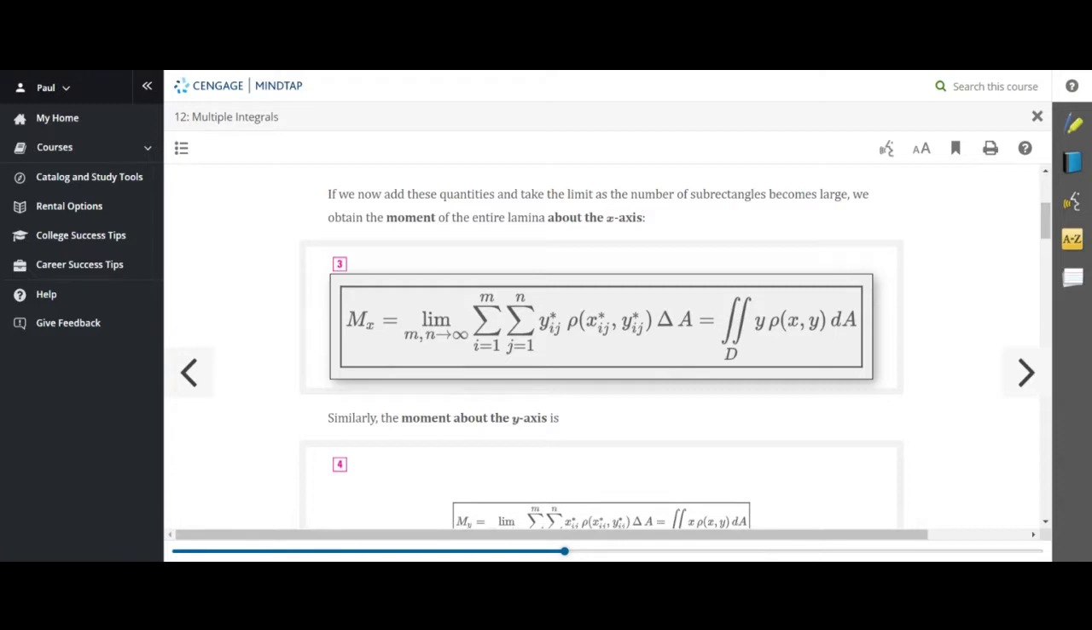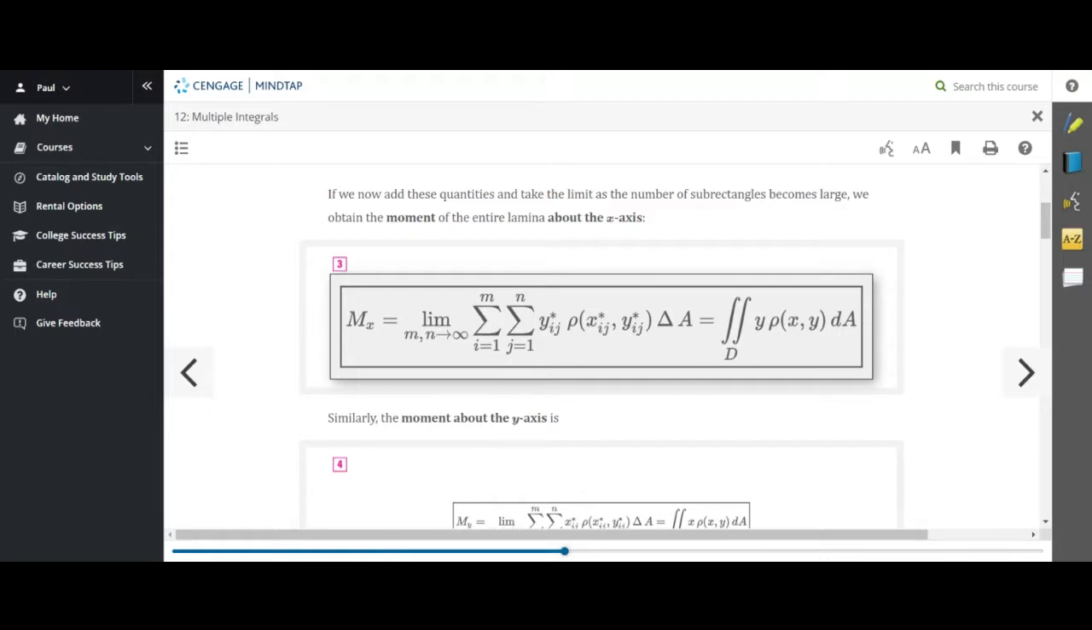The fulcrum point would consist of coordinates given by x bar and y bar. So you have to find moments about the x-axis and the y-axis in order to get that center of mass, or the fulcrum point. So the moment about the x-axis is defined as the double integral over the lamina of